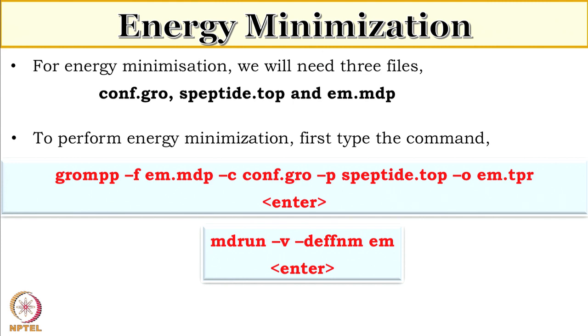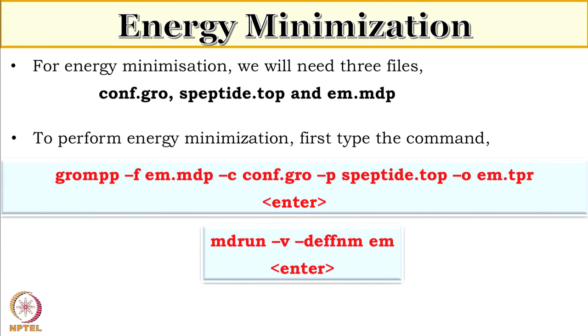So when it does the energy minimization, does it tell you how many steps it did? Yeah, it will display on the screen how many steps it took to perform the energy minimization. And whatever constraints you have put for minimization, that it will also display. It will display the value of force, and at what step it stopped energy minimization. It will display everything.